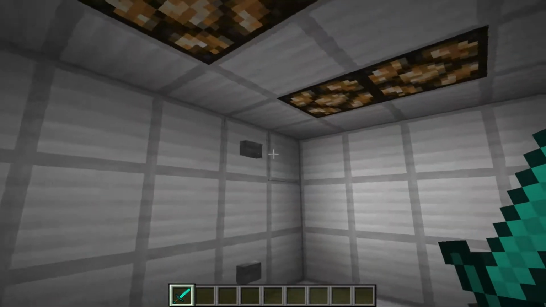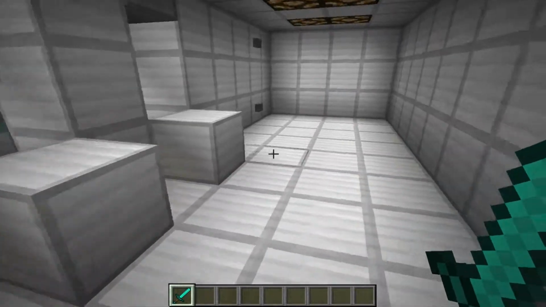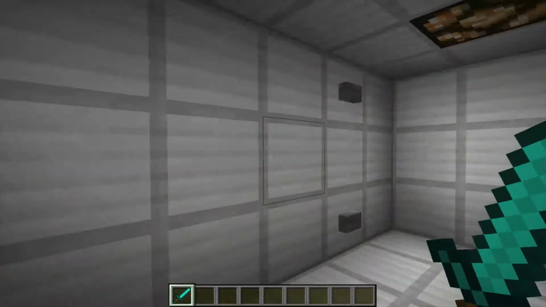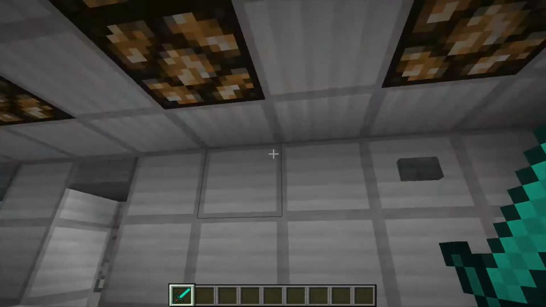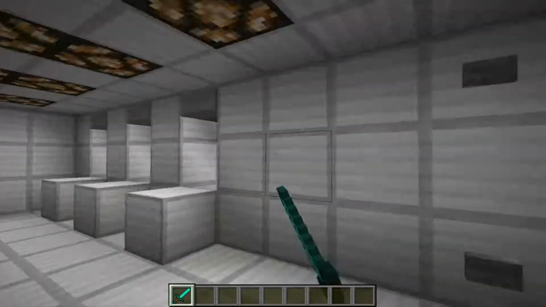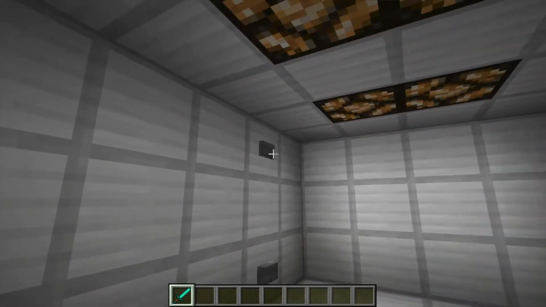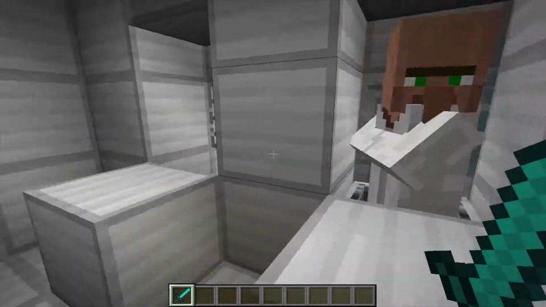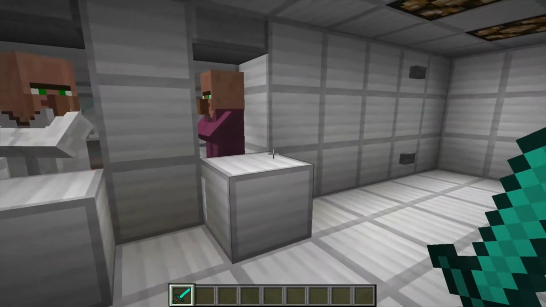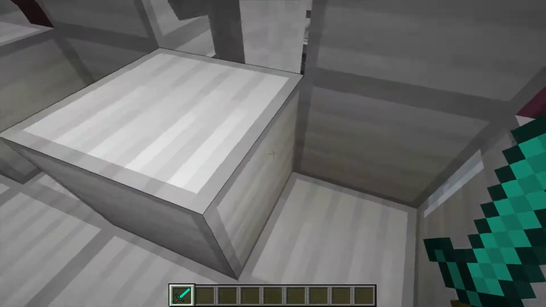Now in this video, I'm going to show you some simple and easy ways to make minecart stations. This one is actually quite useful, and you can mostly use it for villagers. See, we have a villager coming in, and then another villager coming in, another one. Now this design is very simple and compact and doesn't use that many materials,